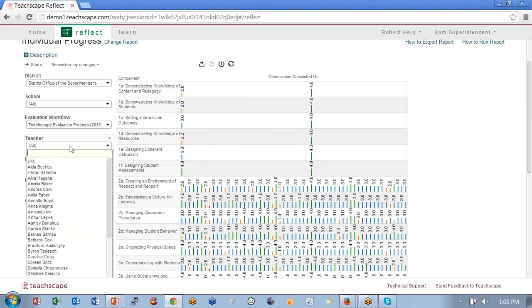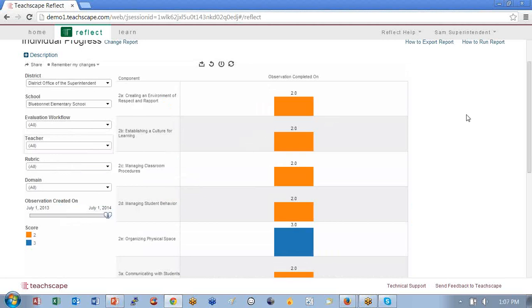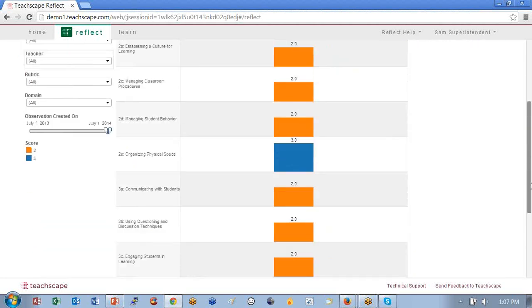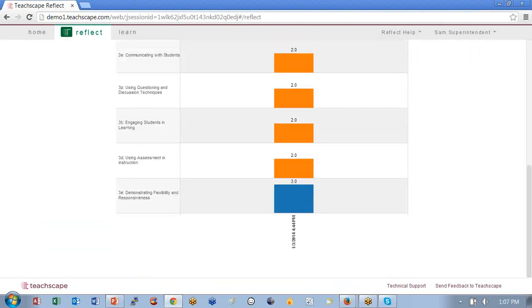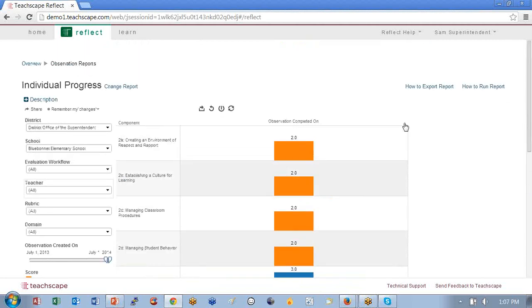We could try and pick a particular teacher. I don't own this database, so I'll have to figure out if I can remember anybody who's done anything here. Let's see how Delphine's doing. Yes, Delphine has had one observation, and you can see what the scores are for that particular teacher. It occurred here, and if she had an additional observation, you would see those same bars going up and down. So that's that part of it.